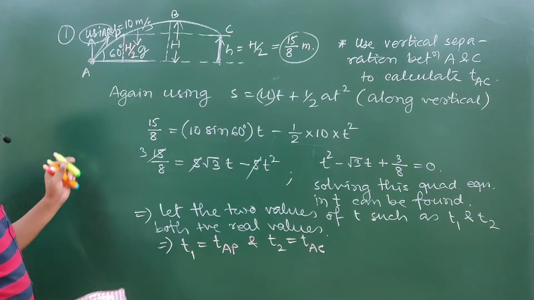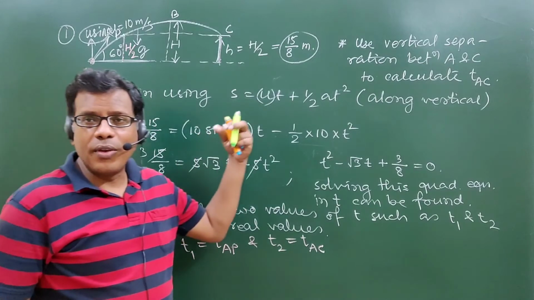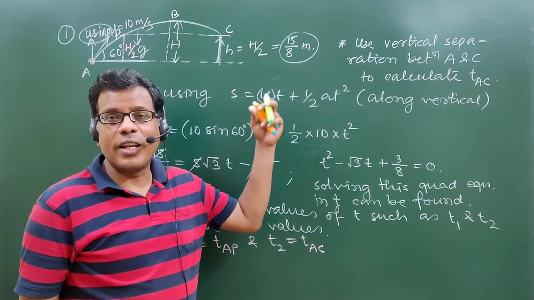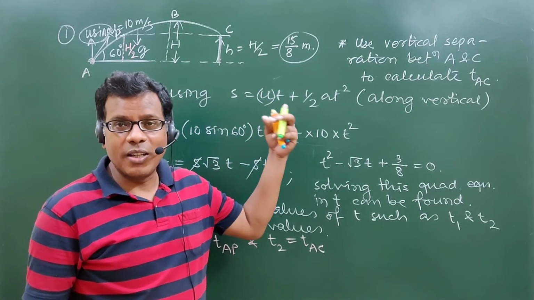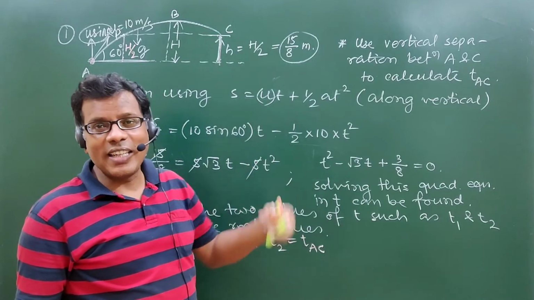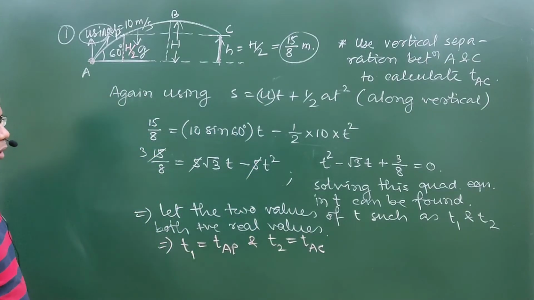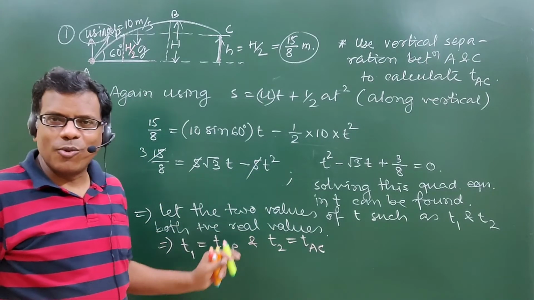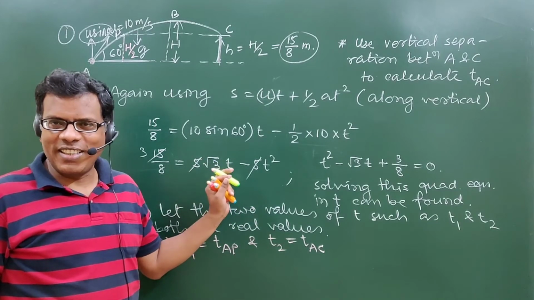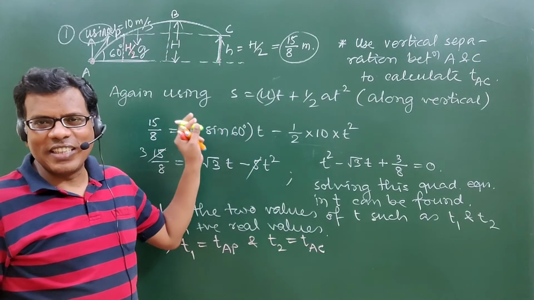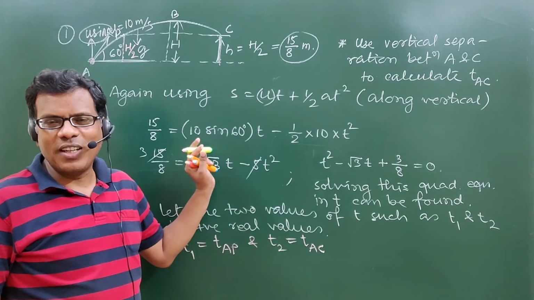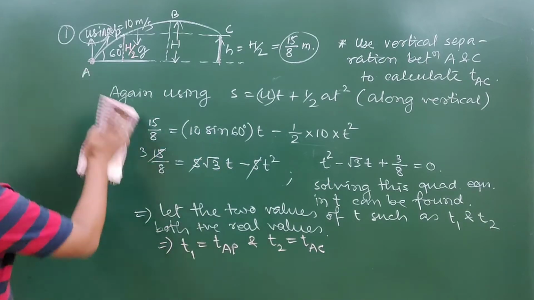Okay, so this is one case where we can say that yes, the initial point and final point are at different levels, and the final point is at some height above the initial point. Then how can we calculate the time of journey? We are not using the general 2u sin theta by g formula. In the same way,